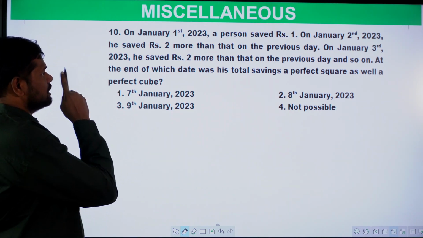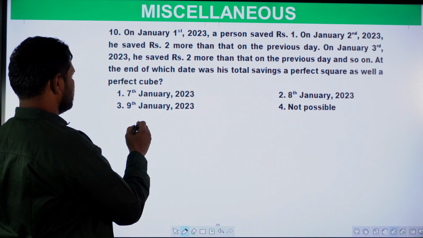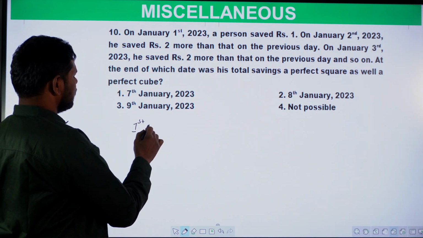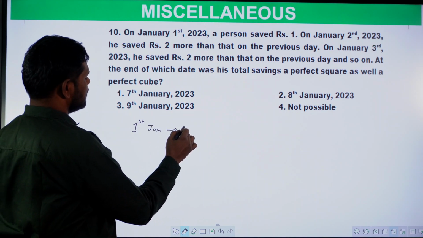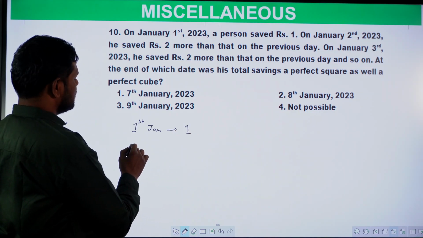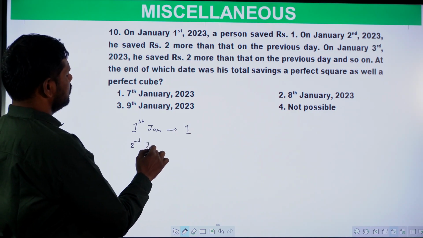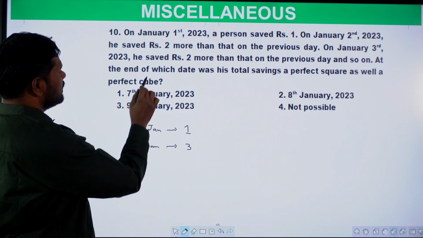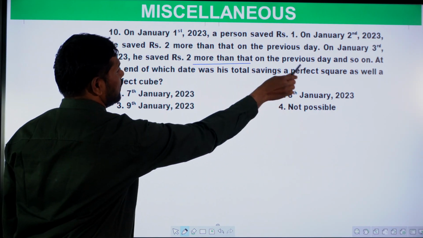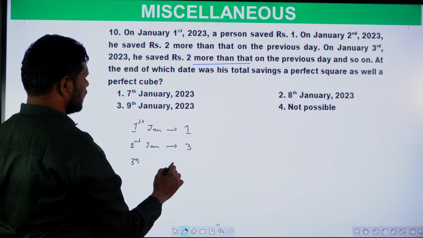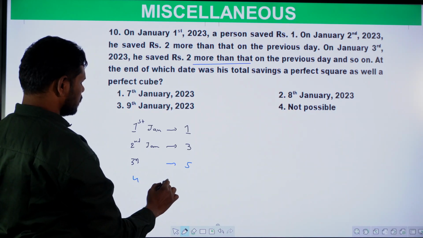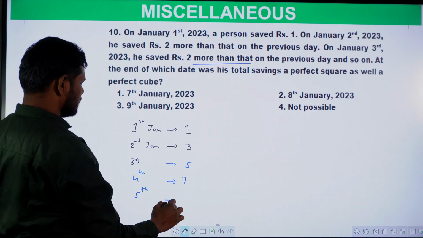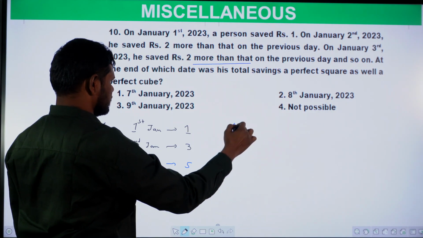So on 1st January 2023, he saved 1 rupee. Then on 2nd January, 2 rupees more, means 3 rupees. On 3rd January, 5. 4th January, 7. 5th January, 9. 6th January,